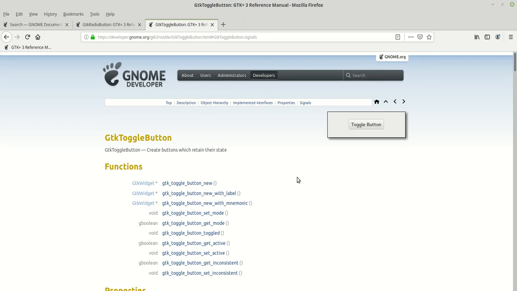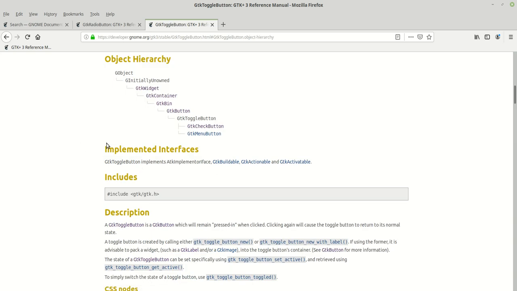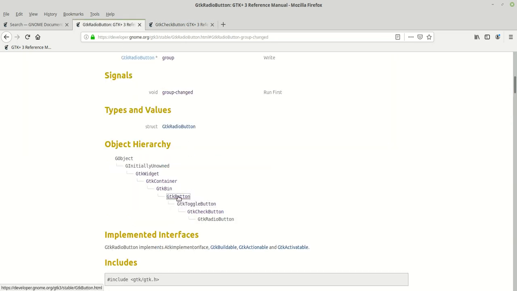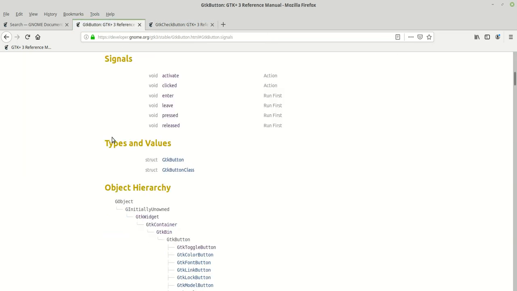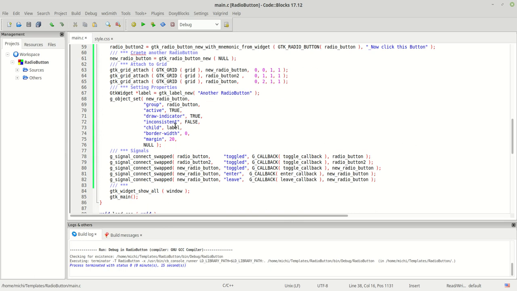widget. So as you already learned with me in other tutorials when we were learning about signal events, I told you there are signals which you can use, and there are signals which you cannot apply because they are not there. Let me see something. The toggle button doesn't have it, I'm sure. The button signal, you see here are all those signals which the button has, and I just took the enter and leave signal from here. It was just a random signal choice so that we can have them here, and